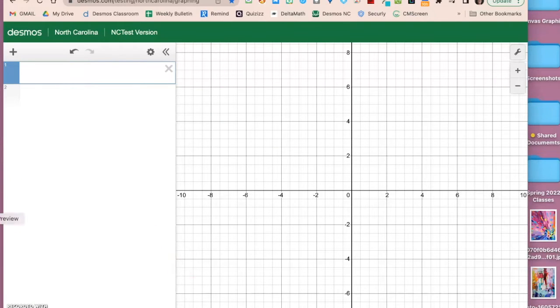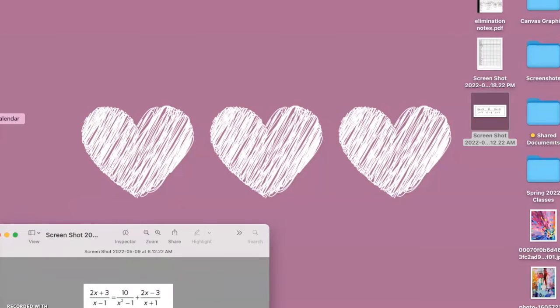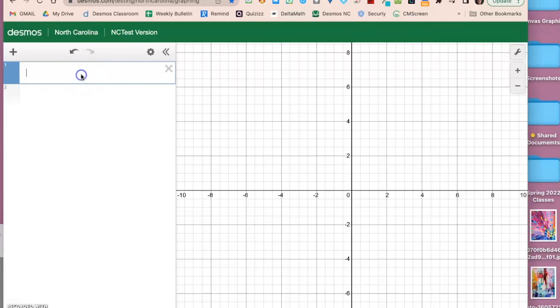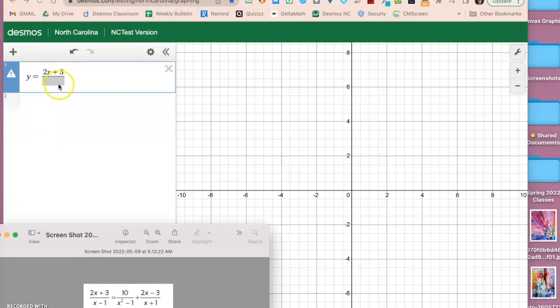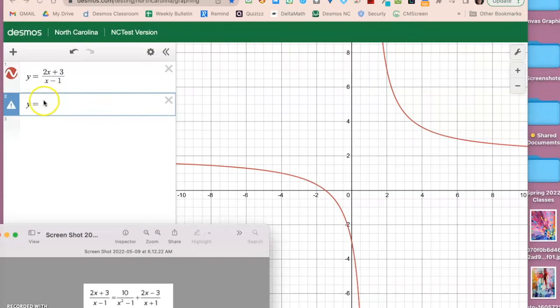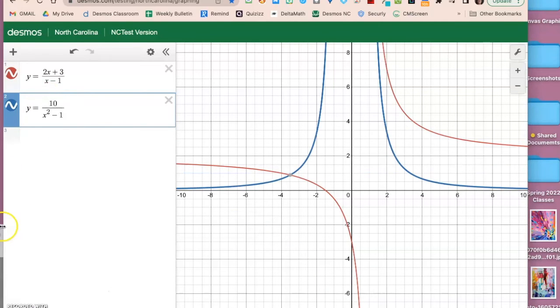Alright, and for this one more problem, we're going to look at this equation right here. So we're going to take this equation and we're going to plug this into DESMOS just like we did before. So basically we're going to put the left side in, so we have y equals 2x plus 3 over x minus 1. And then we have the right side, which is going to be y equals 10 over x squared minus 1